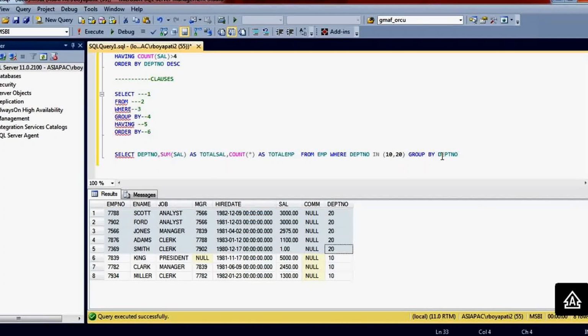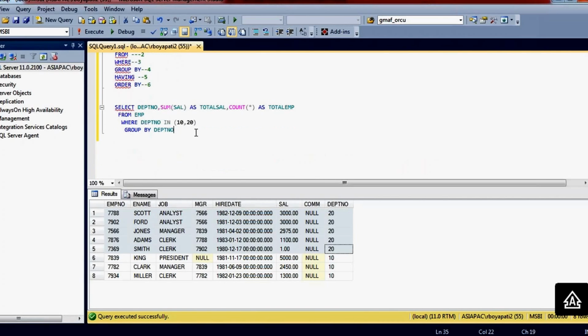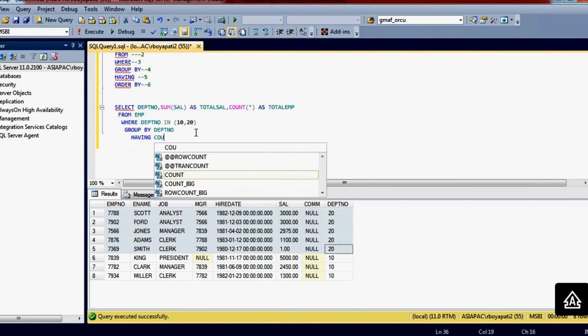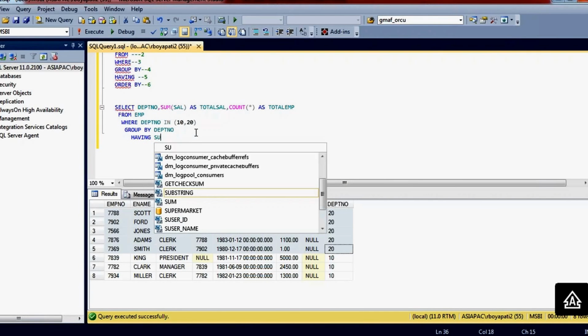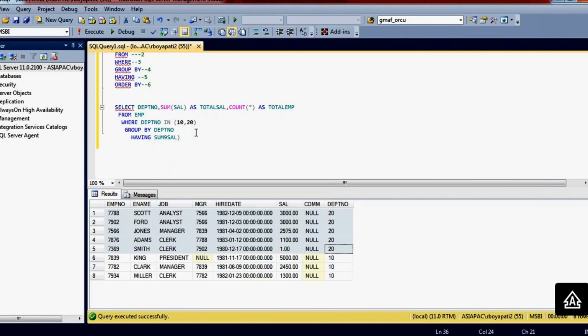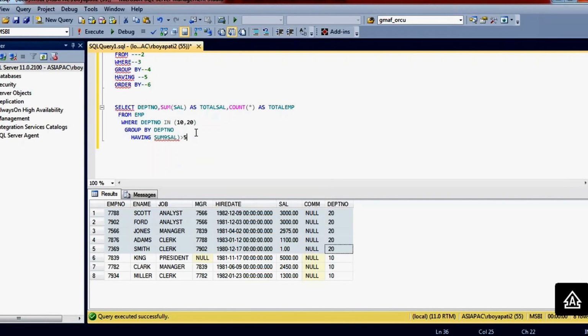If you want to apply any filter, yes, you can. This is the WHERE clause, and this is the GROUP BY clause. And in HAVING, I want to filter: sum of salary greater than 5,000 or 8,000.